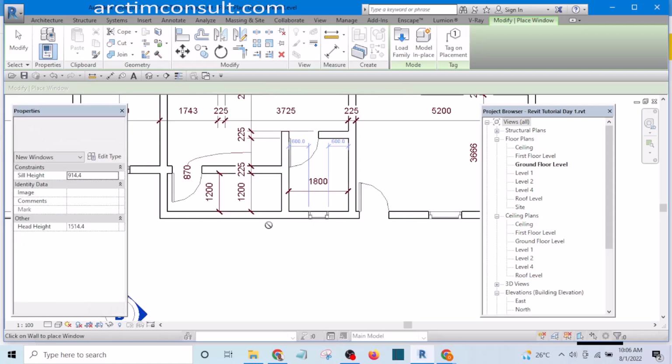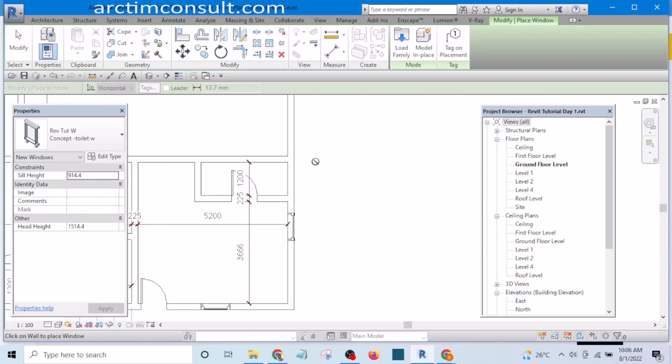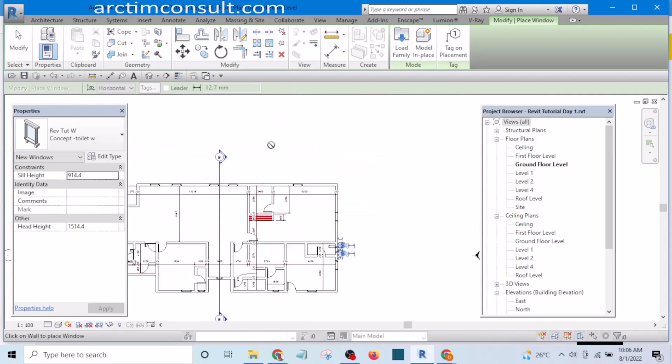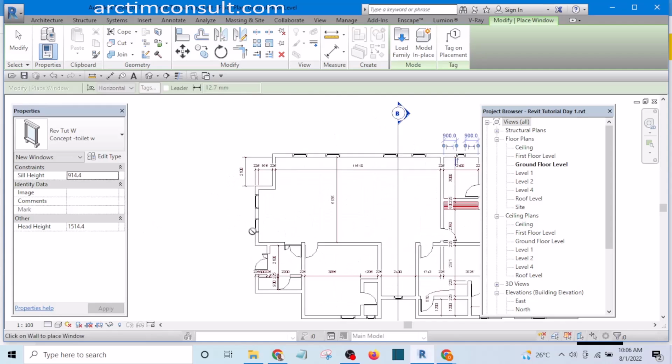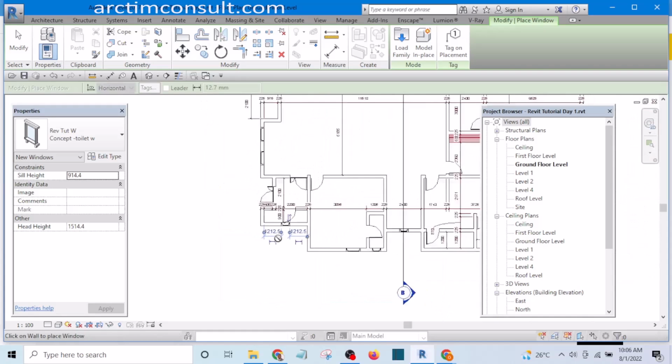This one is a store, and this is our toilet. This is our toilet, so we place a smaller one there, and this is the visitors WC. We place it there,